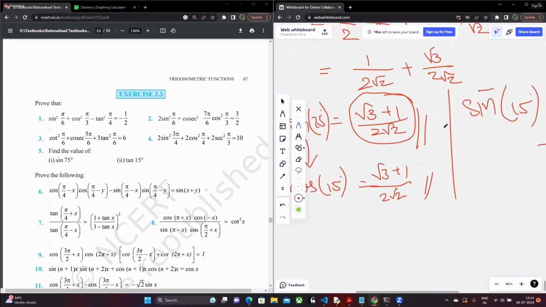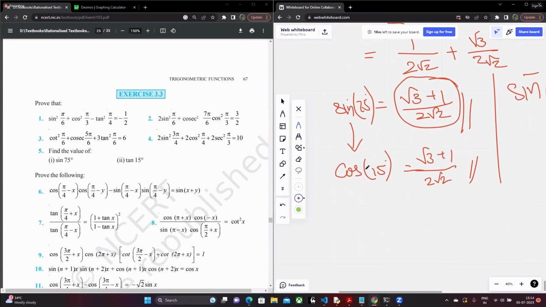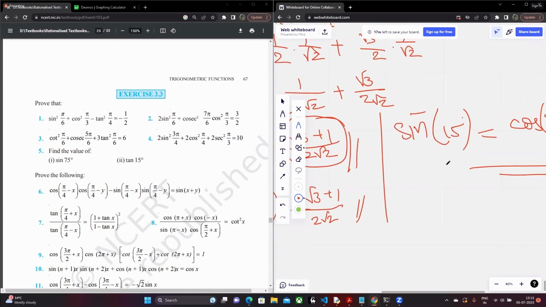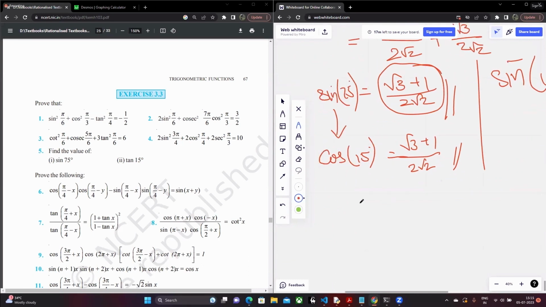This is just extra information. You can do it that way. Or if you are much more confident, you can use the sine of a plus b formula or cos of a plus b formula to find out what this is going to be, because sine of 75 plus 15 is going to be sine 90, right? Using that also, you can get the values of sine 15 and sine 75. But yeah,